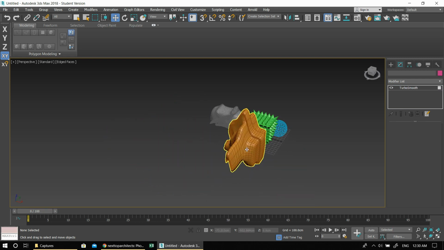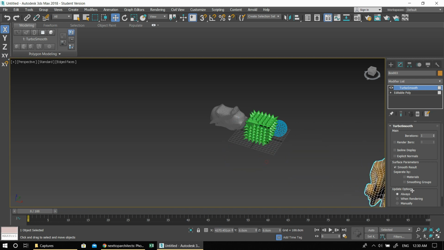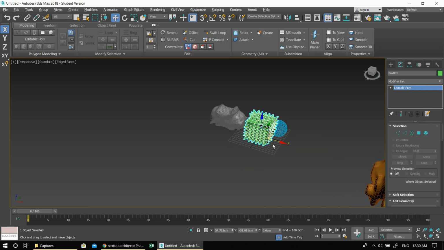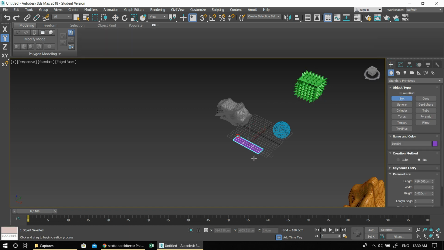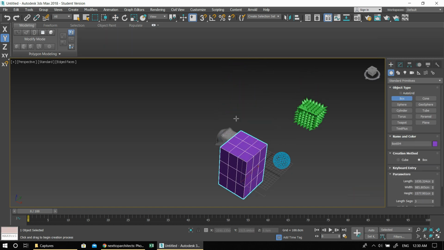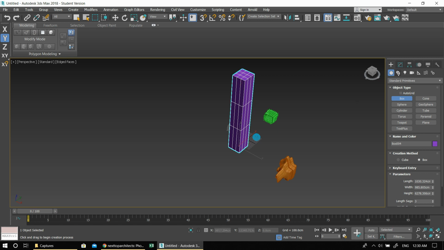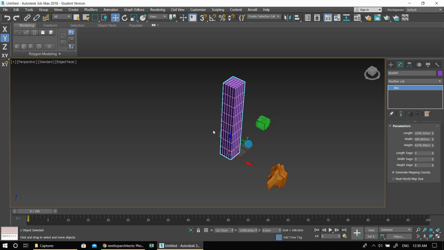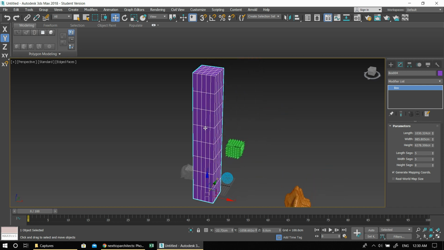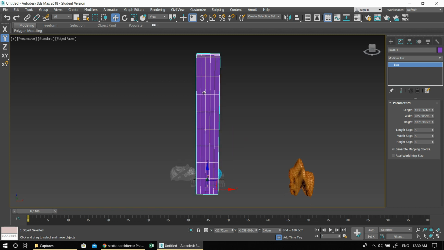Now, let me put this aside and go to something more architecturally useful. So you can use this. I'm repeating this because these are somehow very important to learn. Let me increase the segments of this. Okay. Now, let's say this is a tower we are working on. First, let me decrease this. Right click, convert, edit poly,